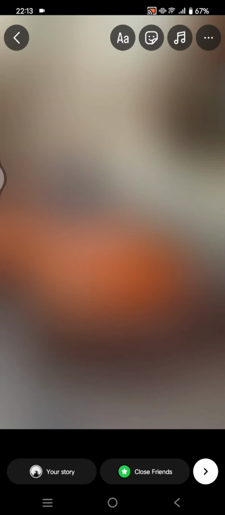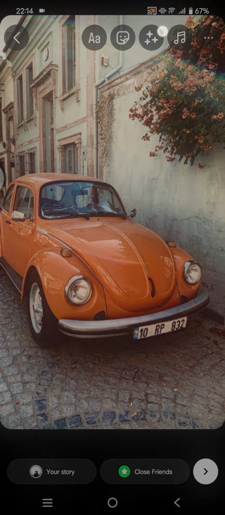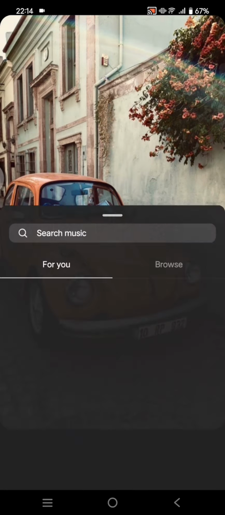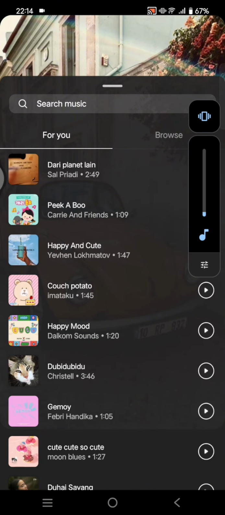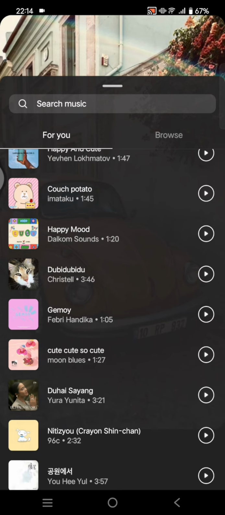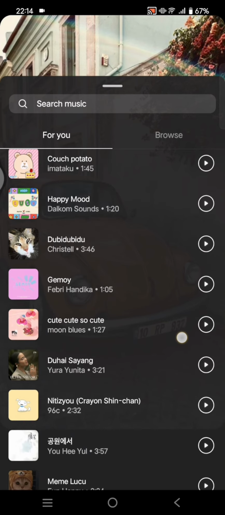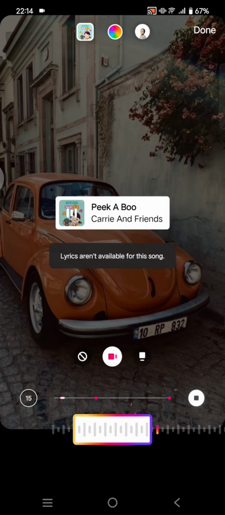Okay, so here I'm going to select this as the background and I'm going to add the music first. So click on the music icon at the top, then find the music that you want to add. For example, here I'm going to select this